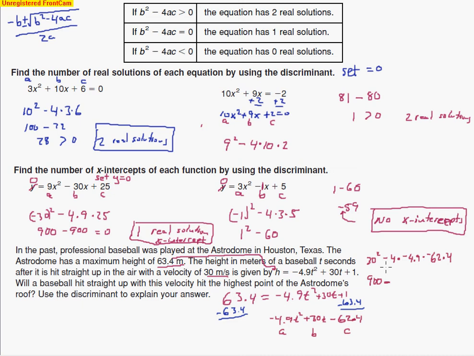We get 4 times 4.9 times 62.4 equals, oh wow, this is quite a big number. We've got 1,223.04. And so we go ahead and do some work there. We've got subtract here, 900. When we subtract those two numbers, we end up with a negative value here. So this is going to end up equaling negative 323.04 meters. And so what this ends up meaning is that we are not going to get to that height